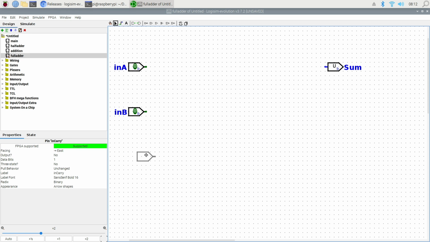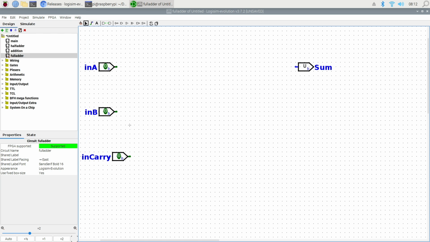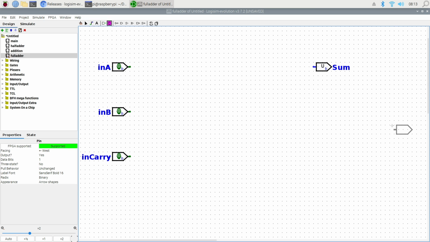Okay, so let me scooch this and shrink this a little bit. So I might have had a carry from the previous bit position, and so I'm going to think of this here as I've got 3 inputs, okay? The carry and the 2 bits. And then the output that I need,